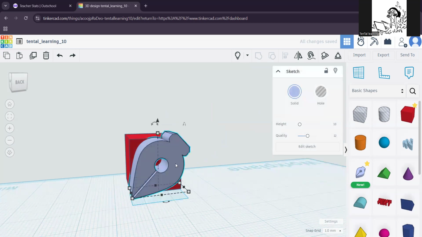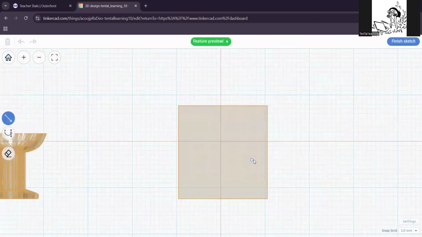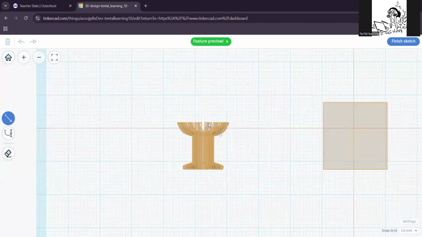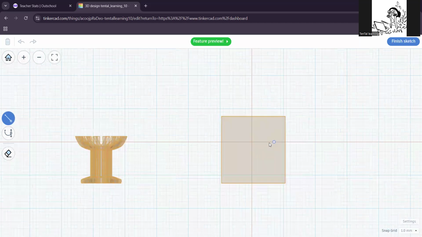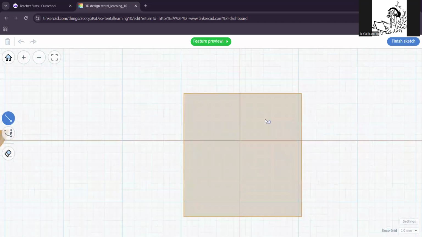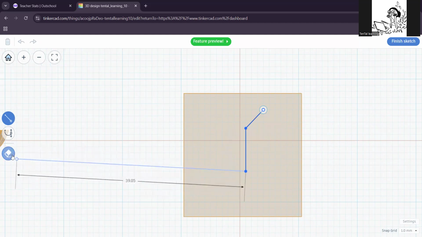Okay, now let's click this sketch tool and click this edit sketch and we will go here. This was our previous shape and now we can make something that goes inside of it. It can be any shape, just play with it and see what you can make. We can start with straight lines like the previous one, but also let me undo, just delete it